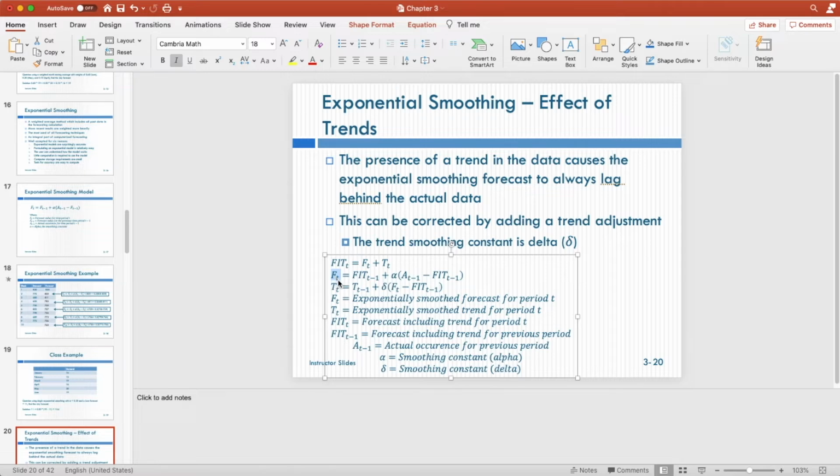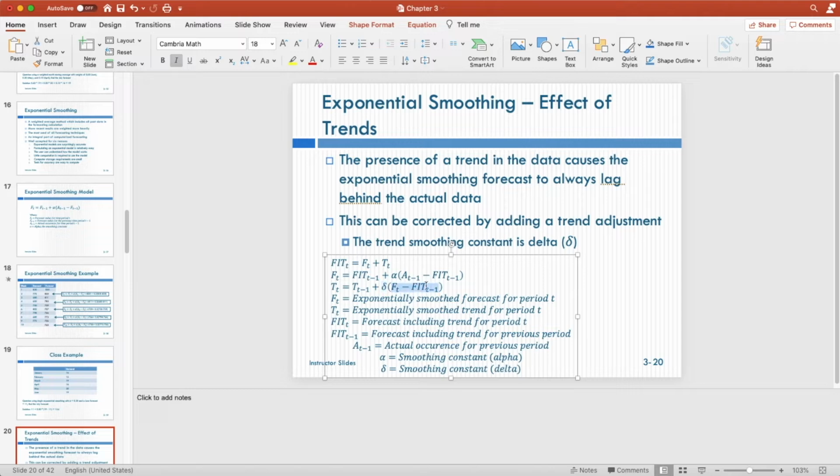But we know that since we're using exponential smoothing, by incorporating the trend effect, we have to do one further step. We need to basically measure the amount of the trend effect. Actually, the calculation here is also very simple. First of all, in order to get the trend in period t, we start from the trend in t minus 1, basically the last period, and then plus the coefficient for trend adjustment,